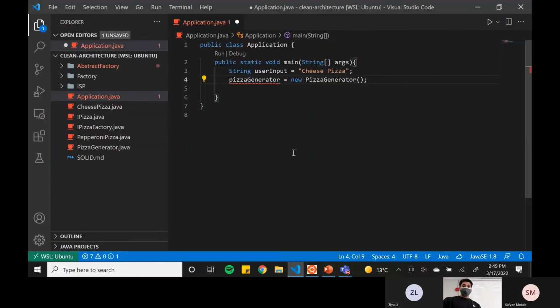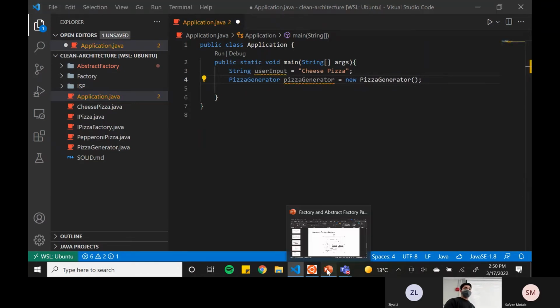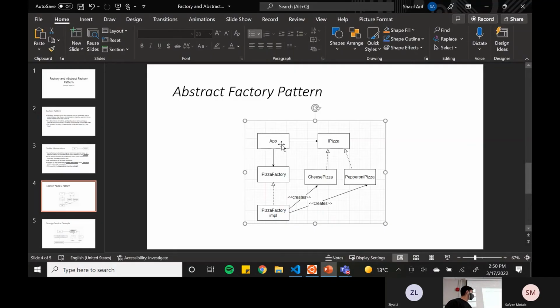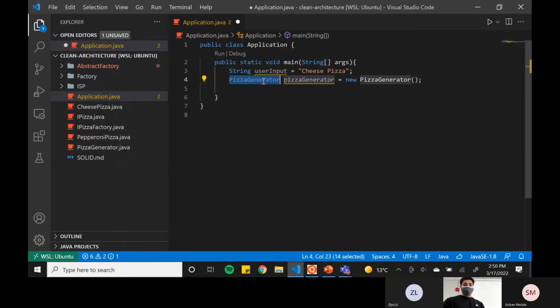Yeah. So what we would have is basically you want a dependency between application and the interface rather than this directly. So instead of doing this, which is not what our UML diagram says, what we just did creates a dependency between app and this. That's not good because again, we don't want to depend on concrete things. We want to depend on abstract things. Because again, you can imagine if that changes, you're going to have changes to app, but also if you have many different types of implementations, you don't want your app to depend on all of those. So you want to depend on this interface directly. So that's just a little thing to keep in mind. It's easy to sort of forget that. So you want to do that. Instead, you would do